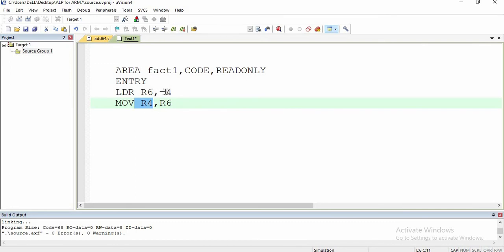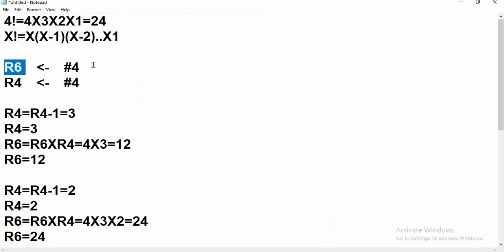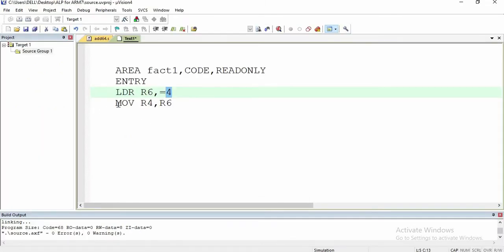By this, we can change the value in only one place. If we write LDR R4, =4 again, we have to change it two times, for R6 and R4. But when we make it like this, we can change it in only one place.